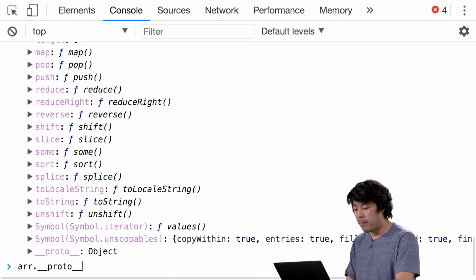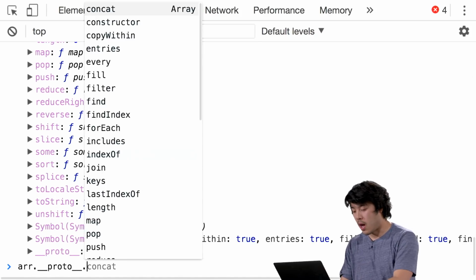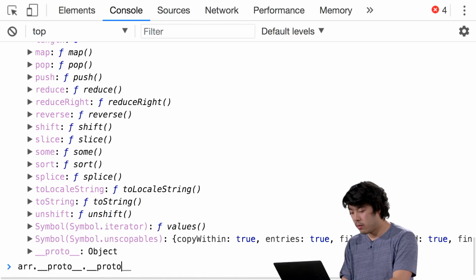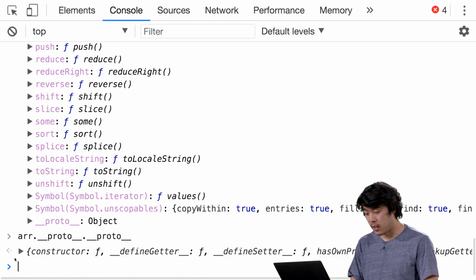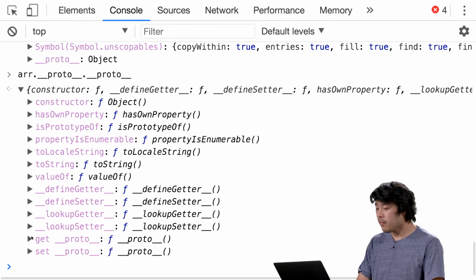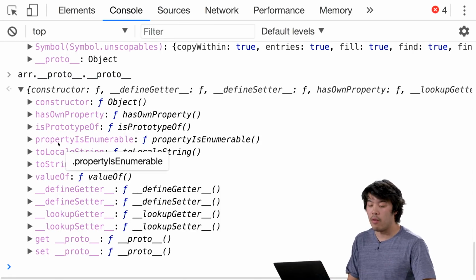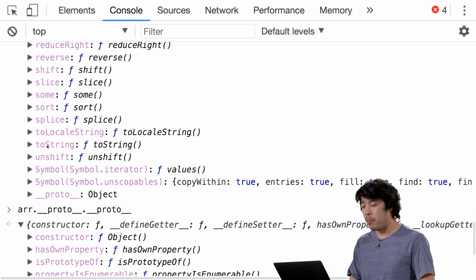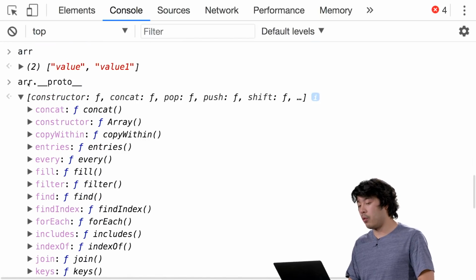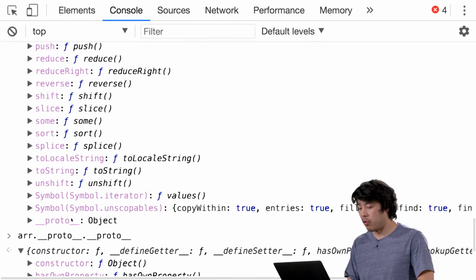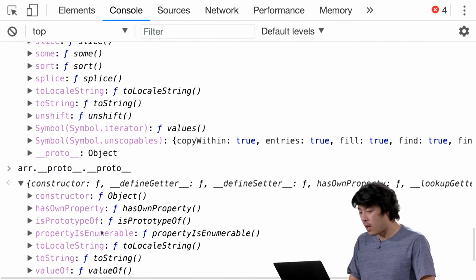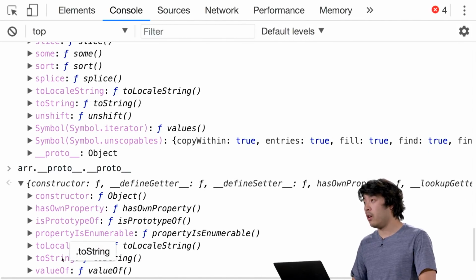And so we can do array.__proto__.__proto__ and go even farther up this chain. This one has a bunch of other methods: toString, valueOf, whatever. And if you notice, both the array's prototype and the array's prototype's prototype have this method called toString. And if I were to invoke